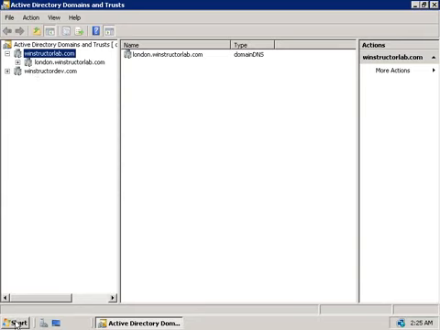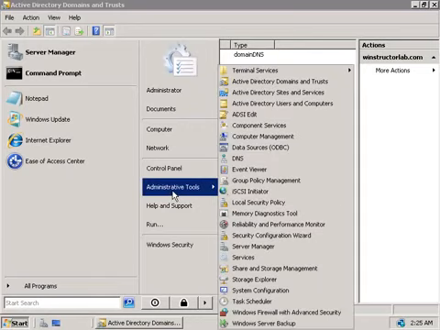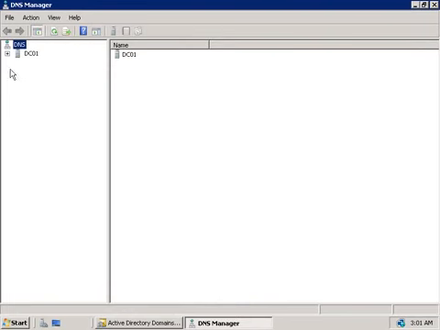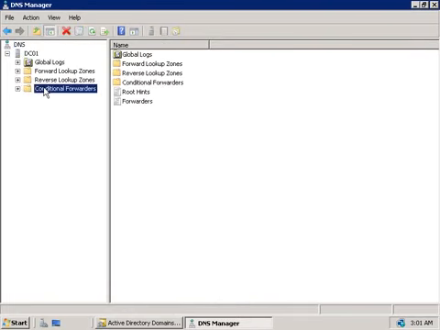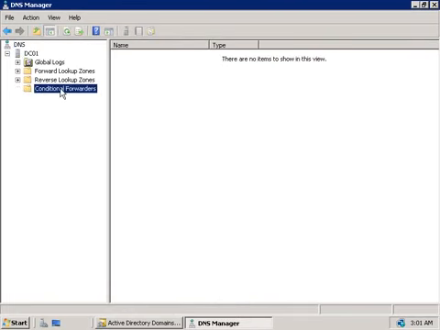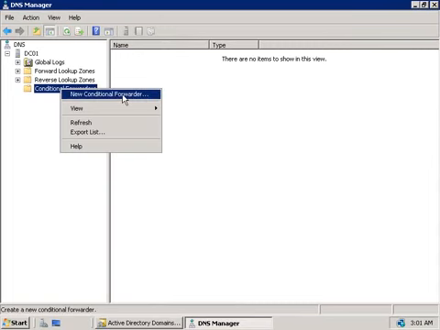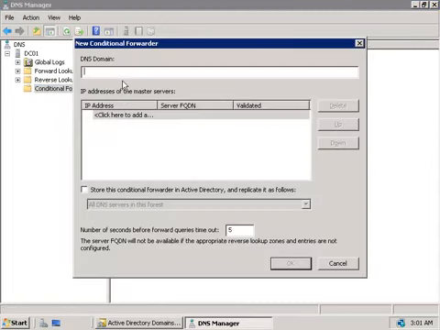So on this side, the winstructorlab.com side, we'll click on Start and we'll go to Administrative Tools and we'll fire up our DNS console. Now we'll go and expand our server here, DCO1, and down the bottom here you can see conditional forwarders. So if we right click on that and choose to create a new conditional forwarder, at the top here we'll need to enter in the DNS name of the domain, which is going to be winstructorsales.com.